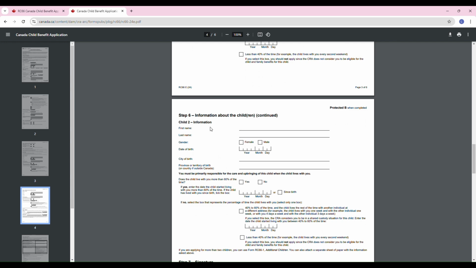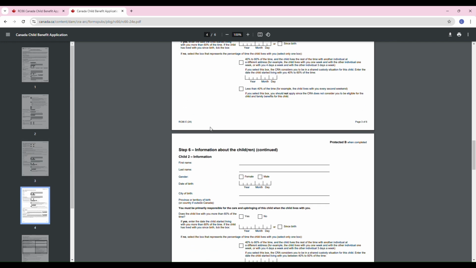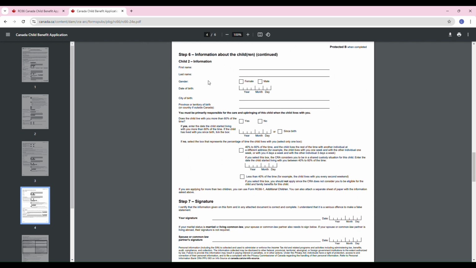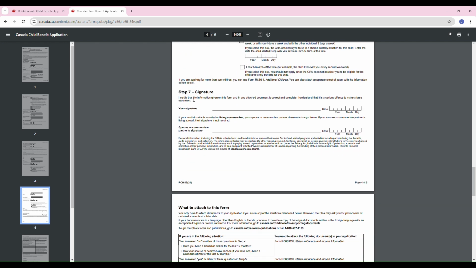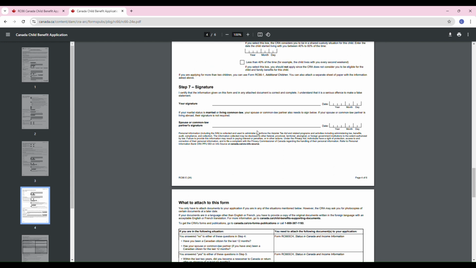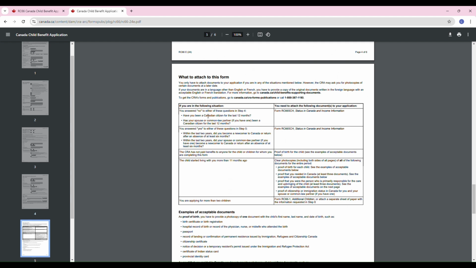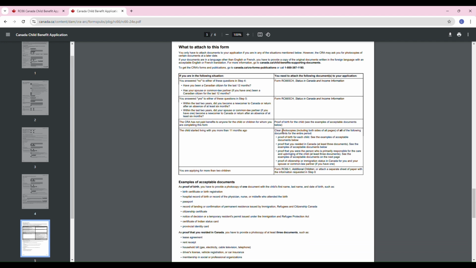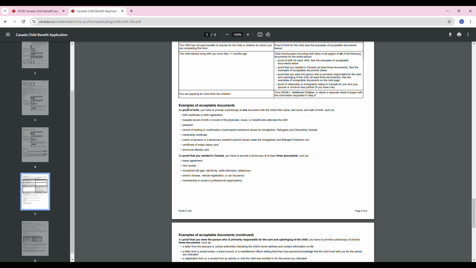Step 6, child 2 information. If you have more than one kid, then you can fill in the same procedure for child 2 as well. Step 7, your signature and your spouse's signature as well. If you have answered no to either of the questions in step 4 and step 5, then you have to fill form number RC66SCH. Documents required: birth certificate of the child, hospital record of birth, passport, record of landing or confirmation